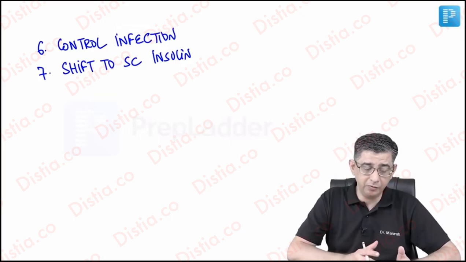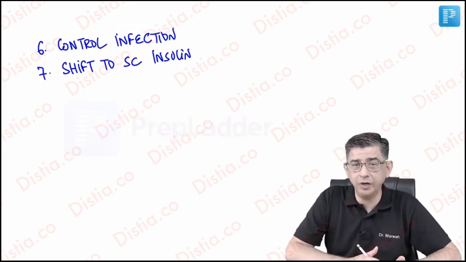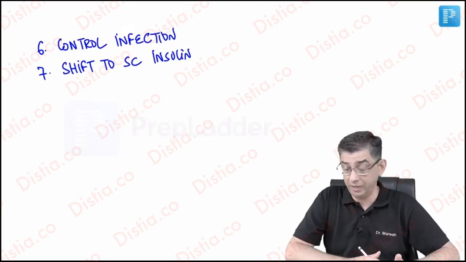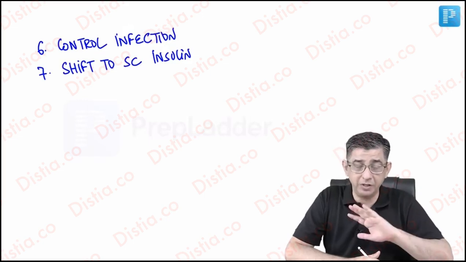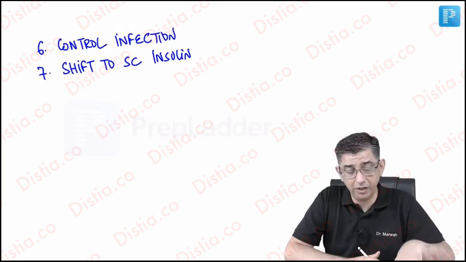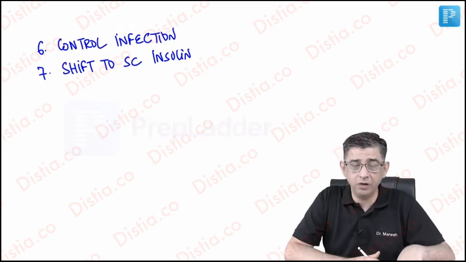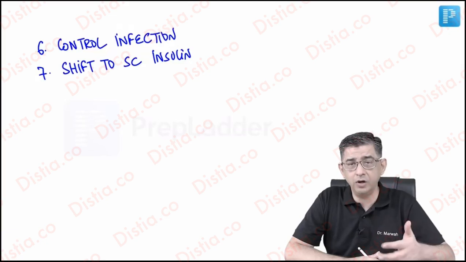And anytime potassium values are between 3 to 3.5, and the person has started taking orally. If I repeat the fact once again, if the values are between 3 to 3.5, and the patient has not taken orally or is not in a position to take orally, continue giving IV correction. But if he starts taking orally, then obviously oral potassium chloride can be given, or banana or other products can